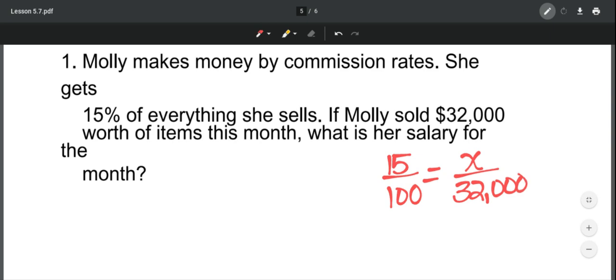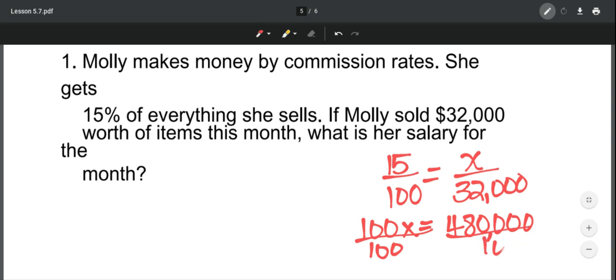When I cross multiply, I get 100x is equal to 480,000. When I divide by 100 on both sides, I get that x is equal to